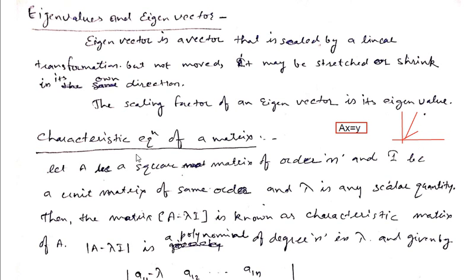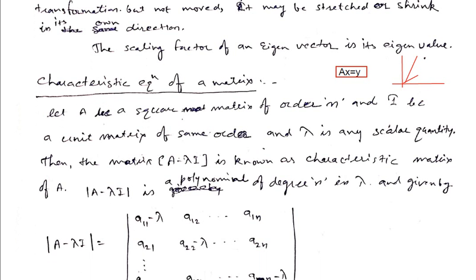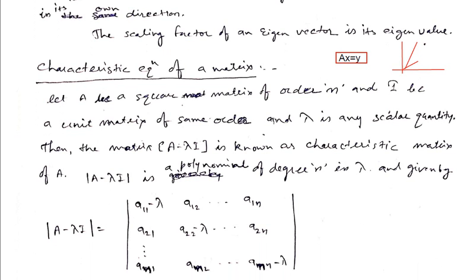Now look at another definition, which is the characteristic equation. So what is the characteristic equation? Let A be a square matrix of order n cross n, and I be a unit matrix, the identity matrix of the same order, and lambda is any scalar quantity. Then the matrix A minus lambda I, whose order is also the same as the order of A, is